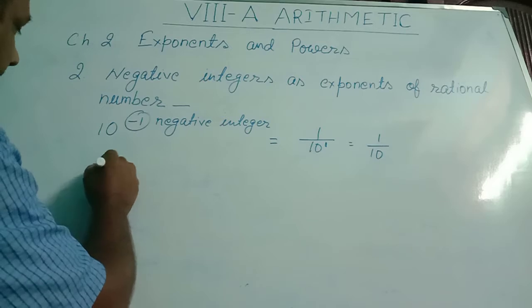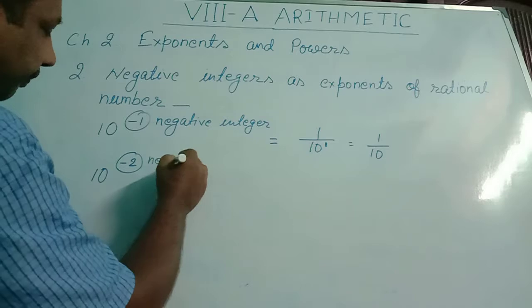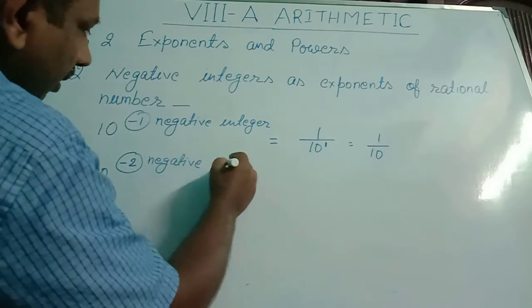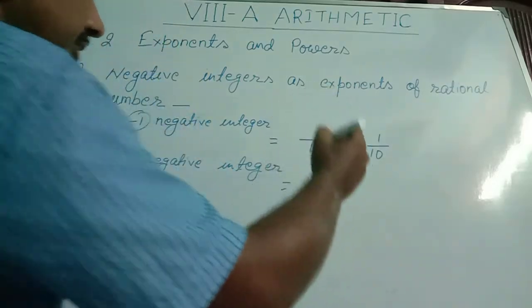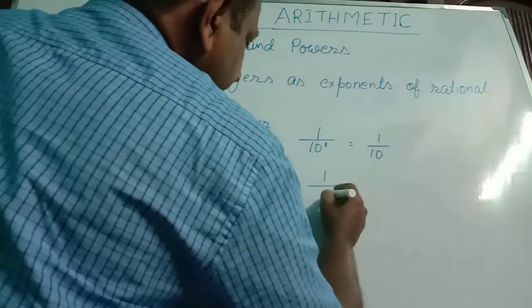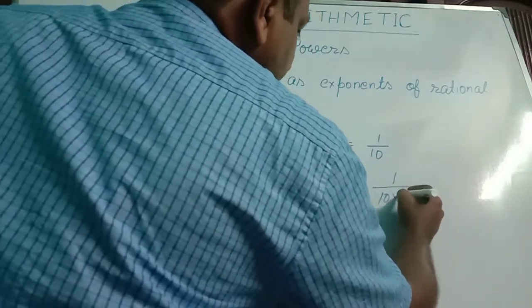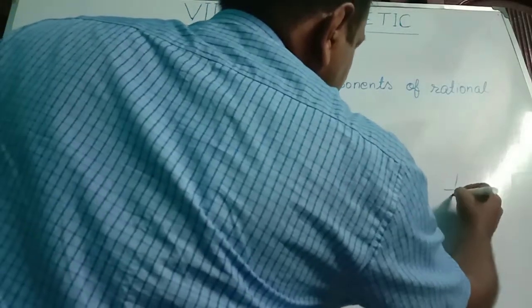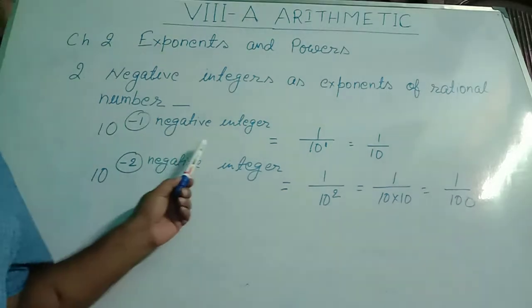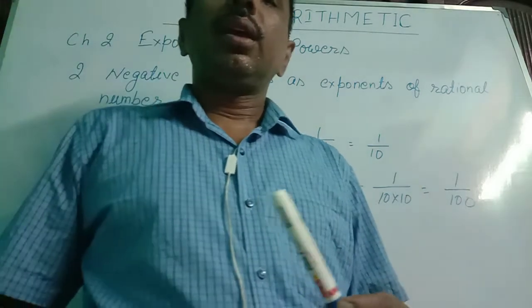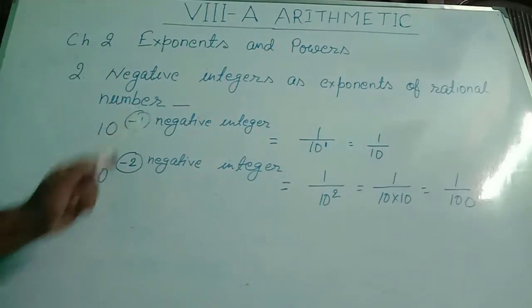Second, you take minus 2. This is also a negative integer. What does it mean? It means 1 by 10 square, equal to 1 by 10 into 10, equal to 1 by 100. So in these two examples, what did you see? If we write the negative integer as the index,